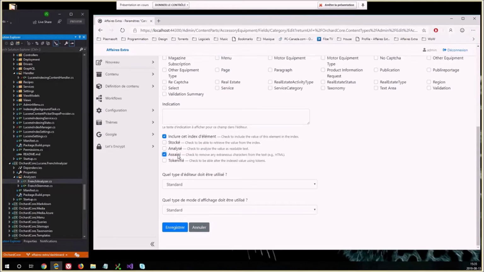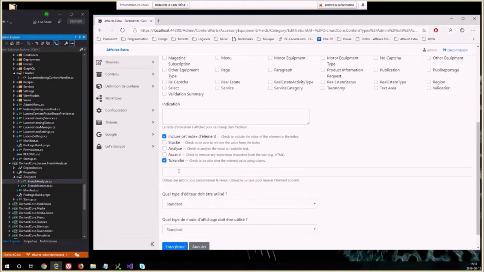And the final one, tokenized, is when you want to convert the value of the field with some custom liquid filters or logic. So this field accepts liquid. You take the content of the field and you can convert it, like you can even sanitize it from a liquid filter, or you can remove some words, do some computation, access some other properties, and this is the result of this filter that will actually be used in the Lucene index, stored and or analyzed.